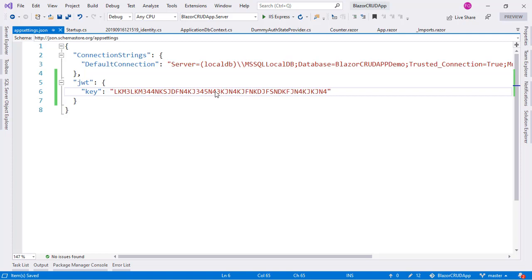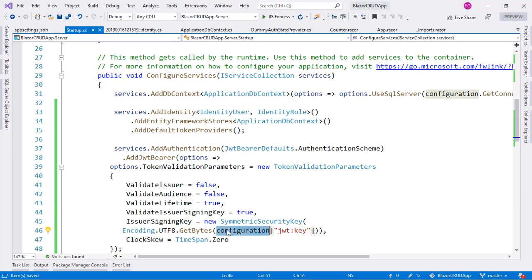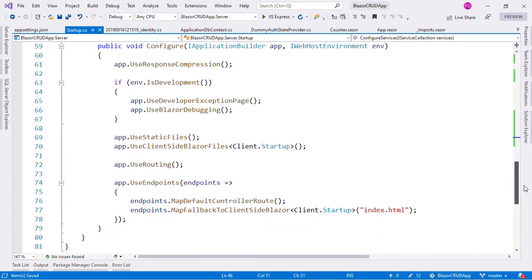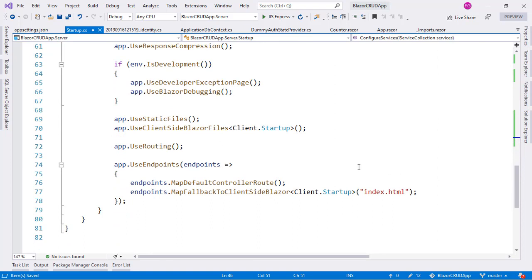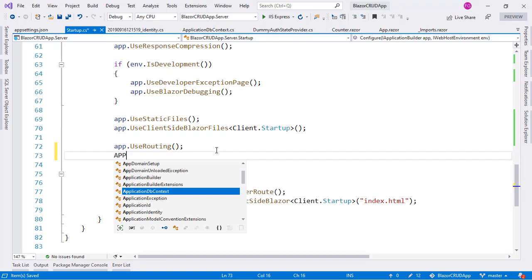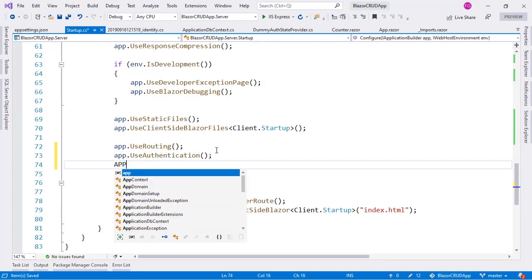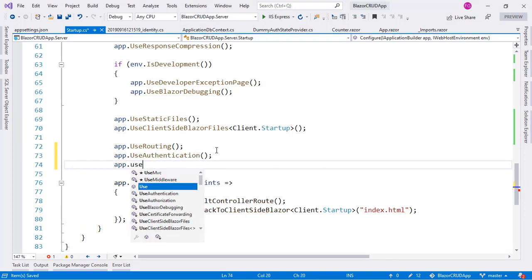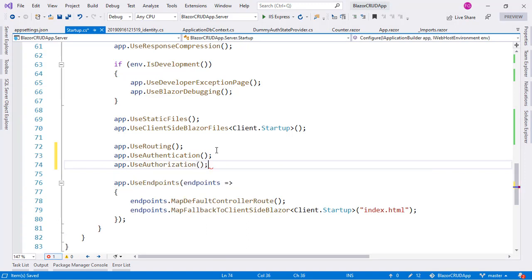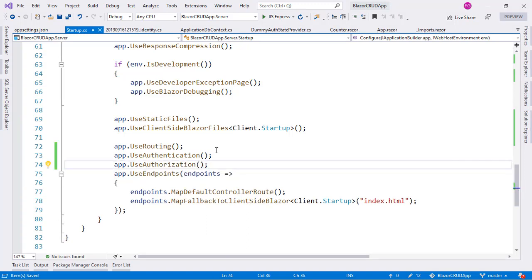You need a long enough key so that the encryption works correctly. So this will take care of this that we have here, and now let's go down here and we need to implement some middleware. After routing, let's say use authentication, and after we have the user authenticated, we can use authorization to determine if it's allowed to consume a